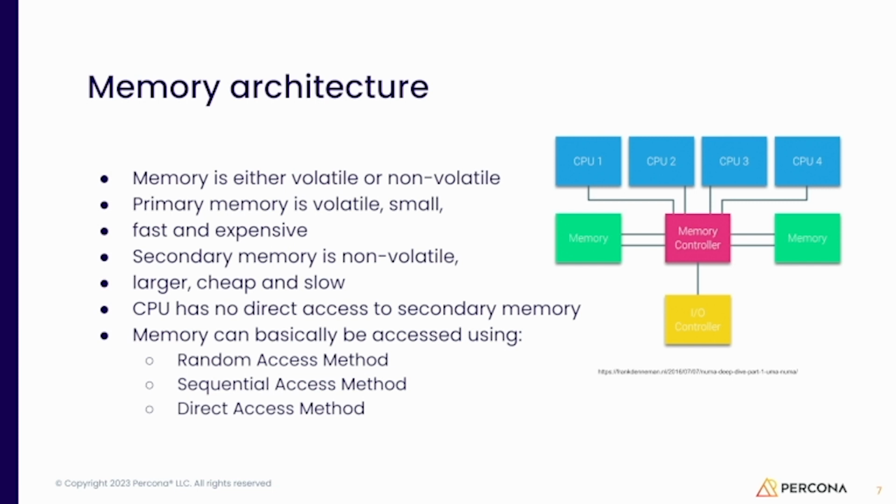And we also have another problem. We say that the CPU is not able to work with data on the hard drive. It doesn't matter if it's an SSD or a spinning disk. The major problem is, as you see here, the CPU doesn't have physical access to the hard drive. Every time we need to work with something, let's say we do a select, the database needs to fetch that data from disk. It will ask the memory controller. The memory controller will get that data from disk, put it inside memory, and then the CPU starts working.